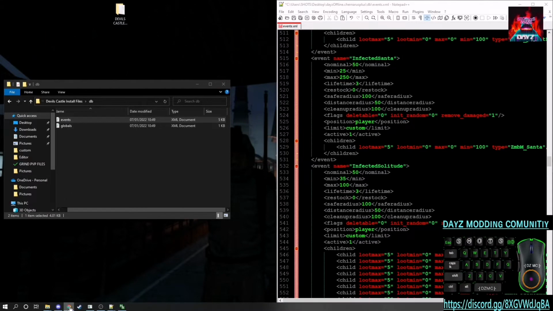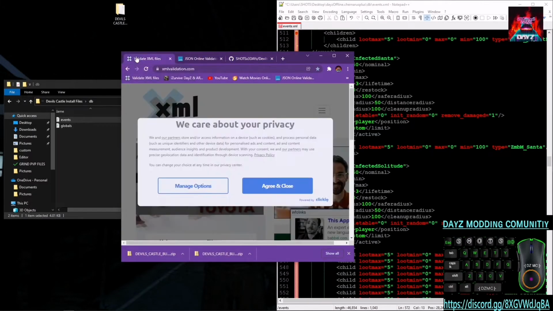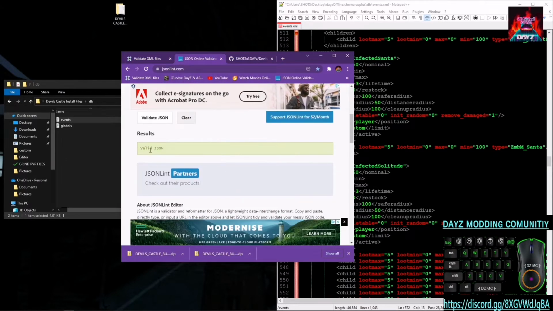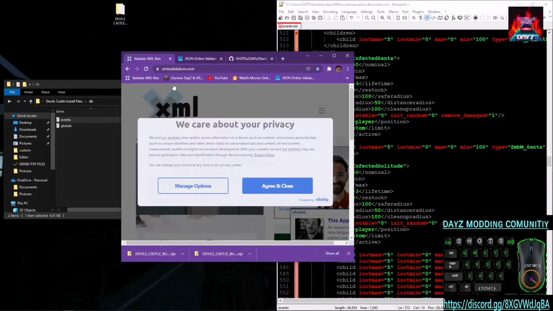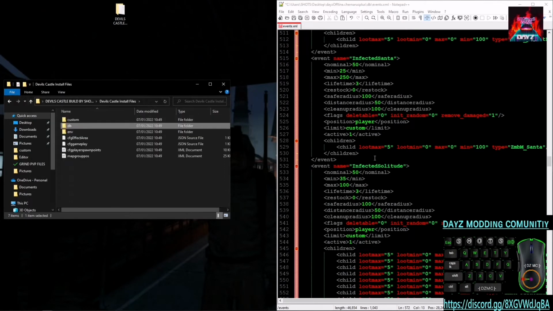I don't need to validate my files because I'm pretty confident I won't make a mistake, but you've got an XML validator and a JSON validator. Please be sure that you use them. As you can see, it says valid JSON, and it'll say valid XML if I was to paste this into there as well. So once you've done that and you've uploaded the events into your server, you're now onto the